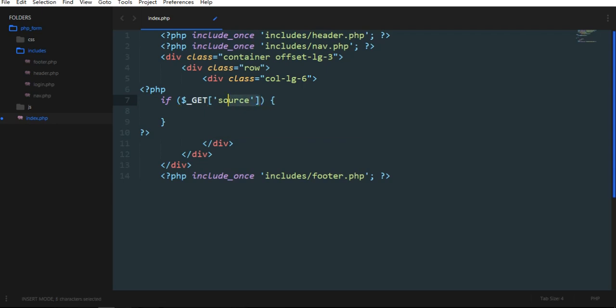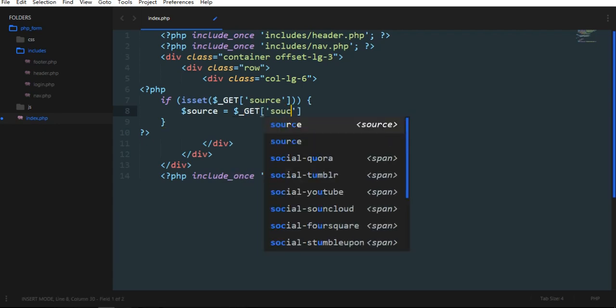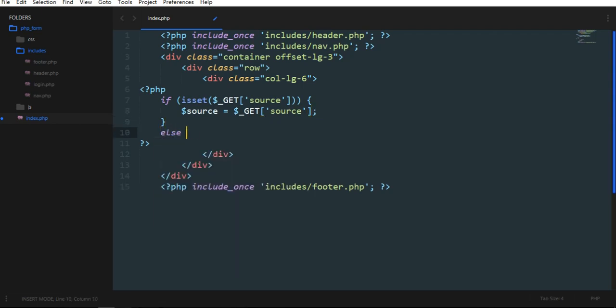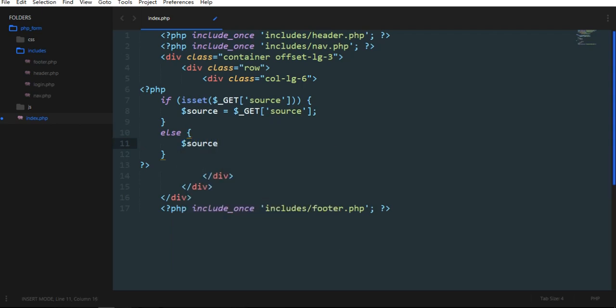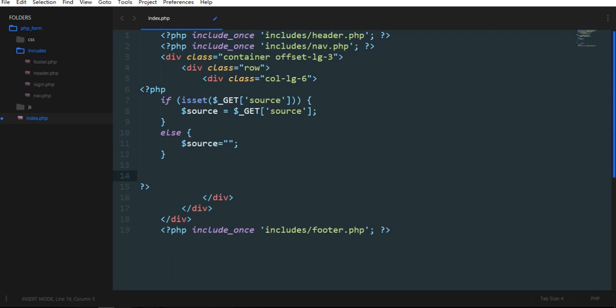Let's cut this one. If isset($_GET['source']), then source is equal to $_GET['source'], else, if the source is not given by the GET method, the source will be empty. We don't have anything. Now let's create something like